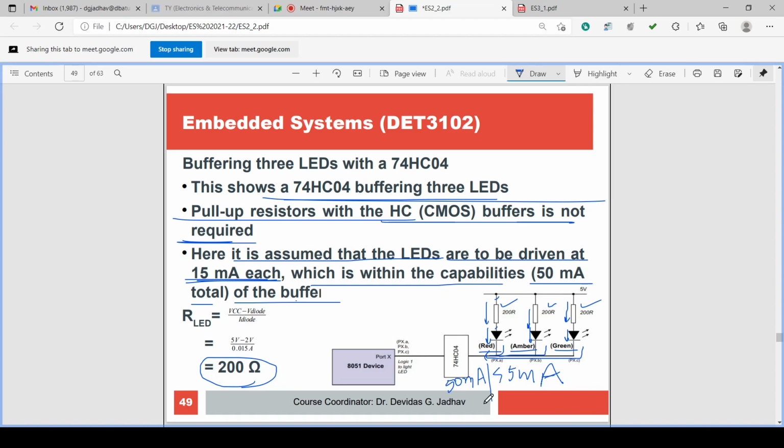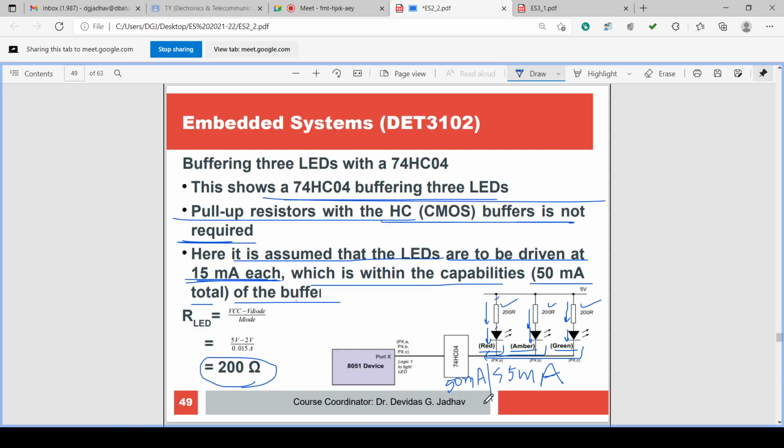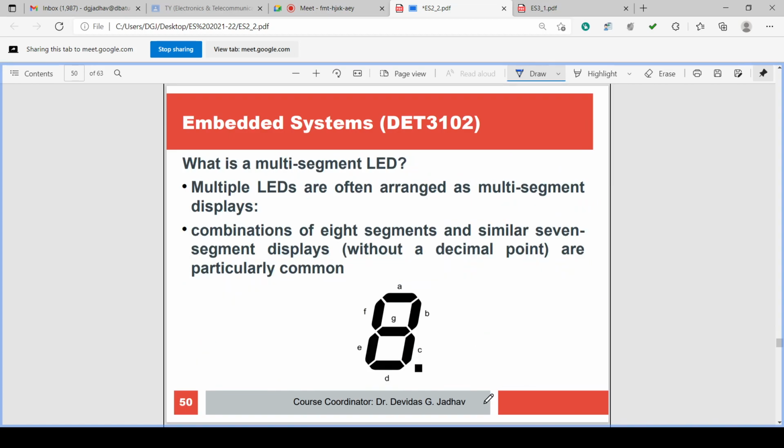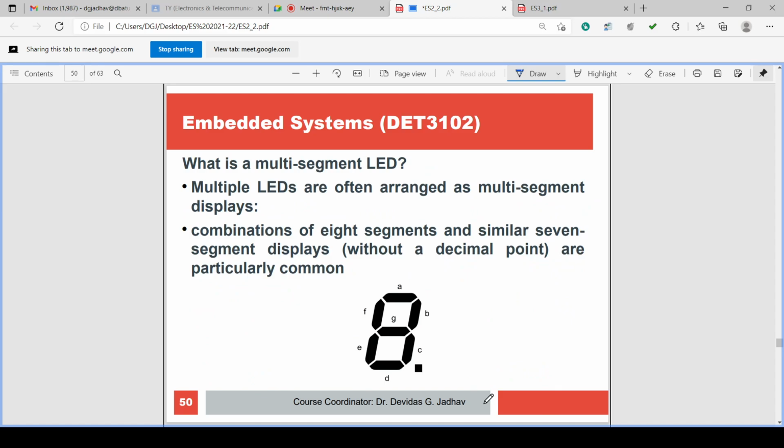So we can connect a single LED, or we can connect 3 LEDs. So 3 LEDs are connected in parallel to the same pin. As these 3 LEDs are connected to the same pin, think of a 7 segment display, an LED display, or we can say 8 segments. We can observe here the 7 segment display. Each segment is given a name. This is a 7 segment display. This is one LED, A is the name of the LED.